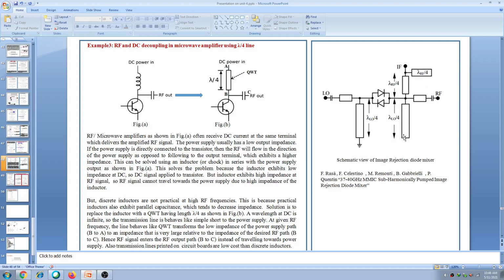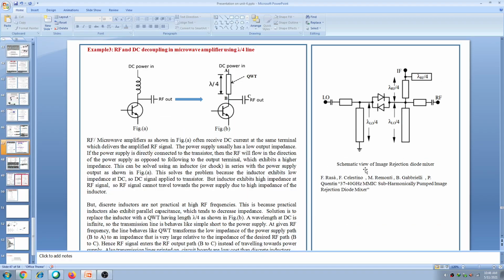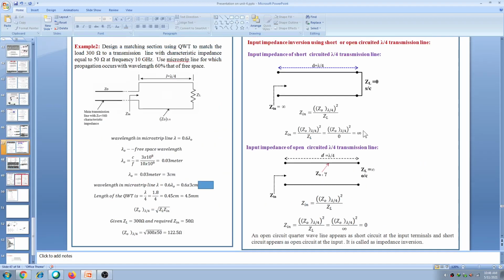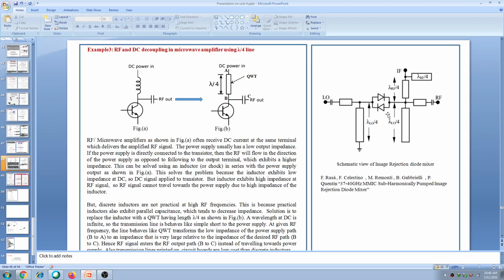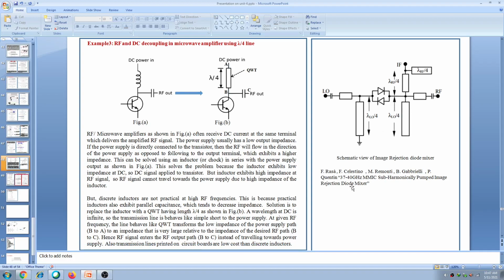This one is open, this is an open circuited transmission line, this is an open circuited quarter wave line, like this open circuited quarter wave line. This is a short circuited quarter wave line, this one, see like this. So all that combination finally gives rise to the mixer. That is very important in superheterodyne receivers. Most of our transceivers are superheterodyne. So the mixer is one of the very important circuits. In that there are many lambda by 4 lines used. So this is the application of that.